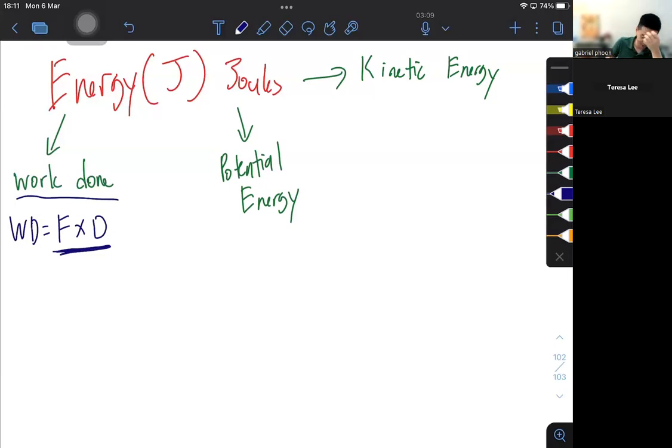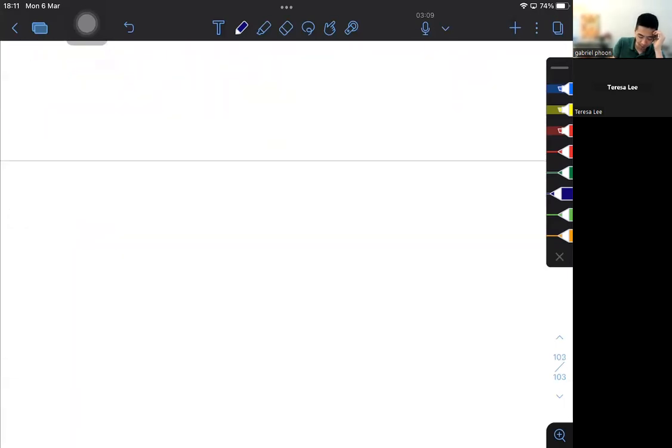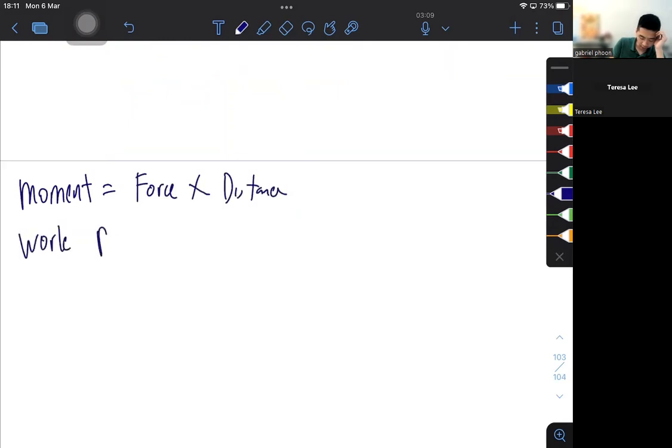Work done is force times distance, okay? Right, now, let me tell you straight off the bat: the moment's formula is equal to force multiplied by distance, right? And the work done formula is also force multiplied by distance. But the main difference between these two formulas is that if you think back about what a moment essentially is,